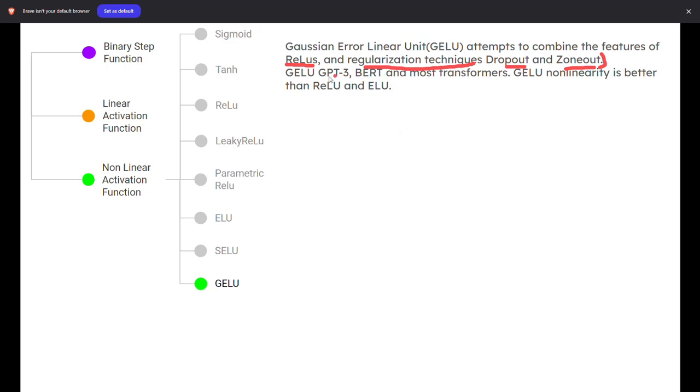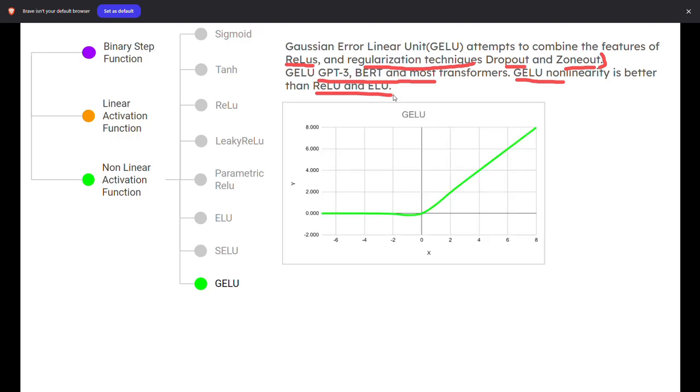And it has been used in GPT, BERT, and most transformers. And Gaussian error linear unit is much better than ReLU and exponential linear unit. So this is the graph, and the function is this. The function is denoted by x times the probability of X less than x, and this is basically nothing but